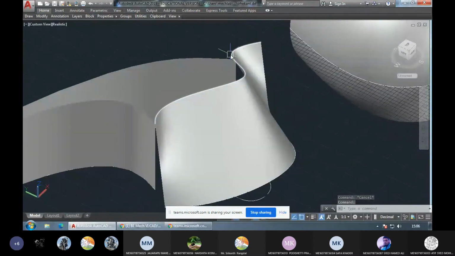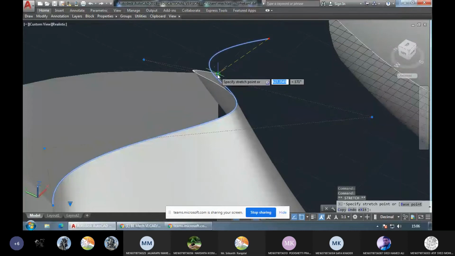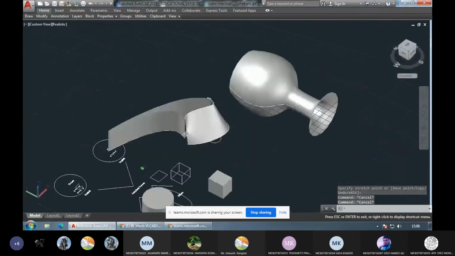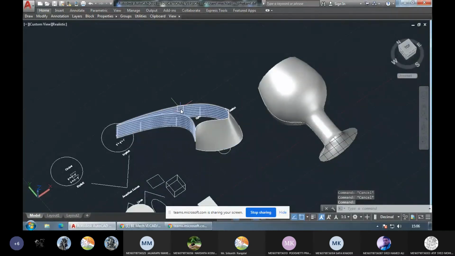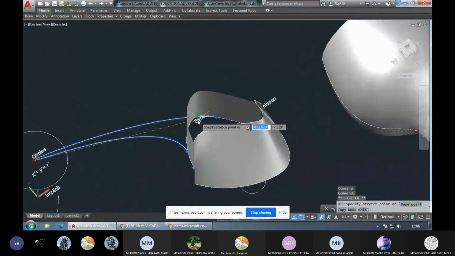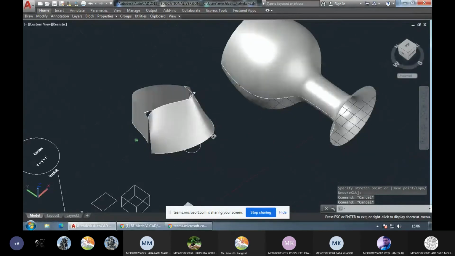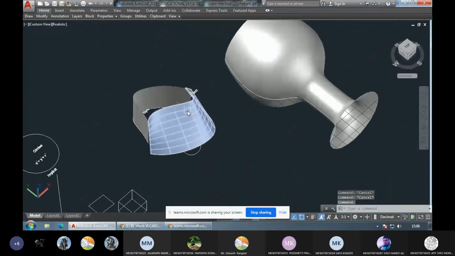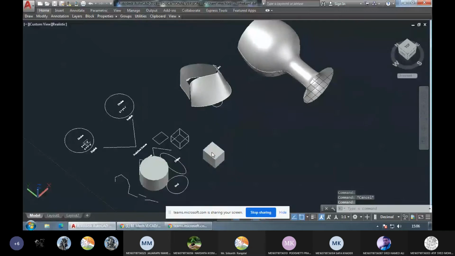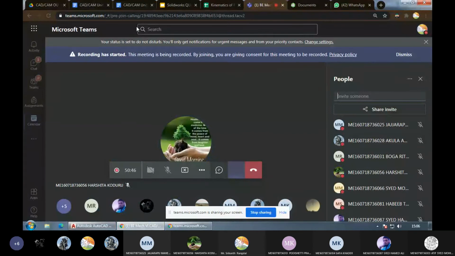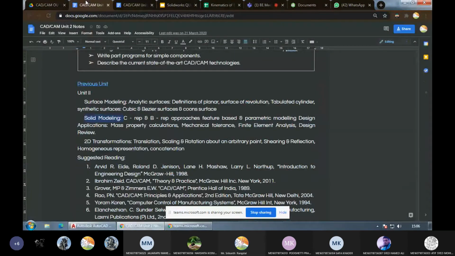So for example, I can take this and I can just close this part. Then the top face I can close with another surface. The bottom face I can close with another surface. So like this, by using a number of surfaces, I can close the surface also. But even if I close the surface, it will still not have the mass properties or full enclosure or full definition the way a solid will have. So that's the difference between a solid and a surface.